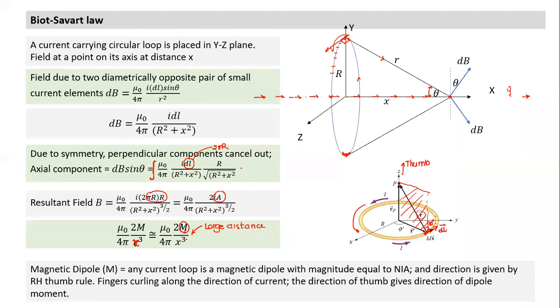The other thing we can understand is how does field vary? In terms of a given dipole, we can say field varies as 1 by r cube. What is r here? Not the distance. We can call it inclined distance or slant distance. And this is not an approximation. So this varies as r cube, but for a larger distance, B is proportional to 1 by x cube. So here, in the expression with r, there's no approximation.